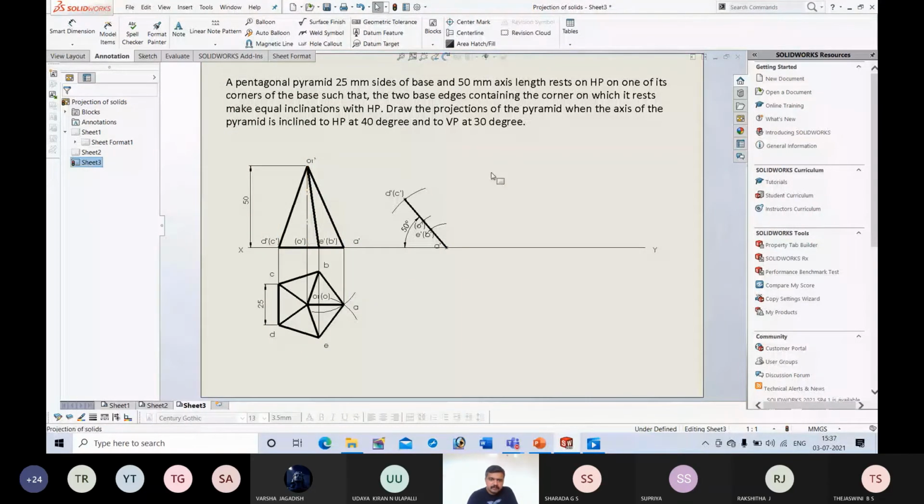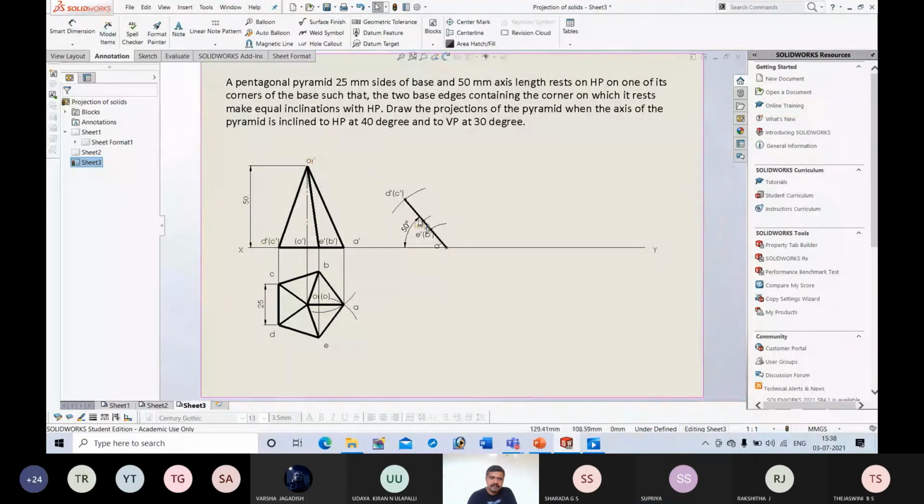Now you have A dash and D dash, these 2 points. You should get apex O1 dash. For that, again use the compass. Take the radial distance A dash to O1 dash and cut an arc. Next, take the radial distance between D dash and O1 dash, and from D as center, cut one more arc. You will get O1 dash, using the compass.